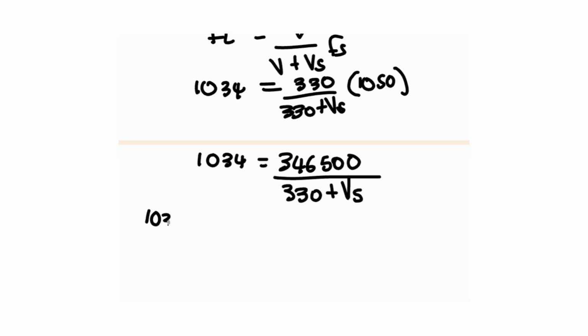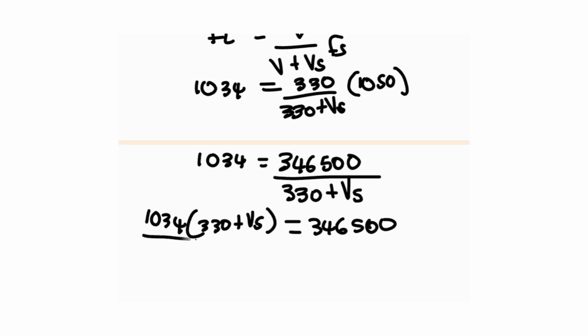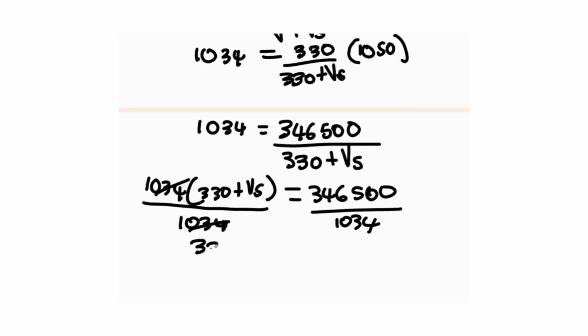So I have 1034 times (330 plus velocity of the source) equals 346,500. Now divide both sides by 1034 and 1034. That cancels that. Now I have 330 plus velocity of the source, that divided by that, it gives me